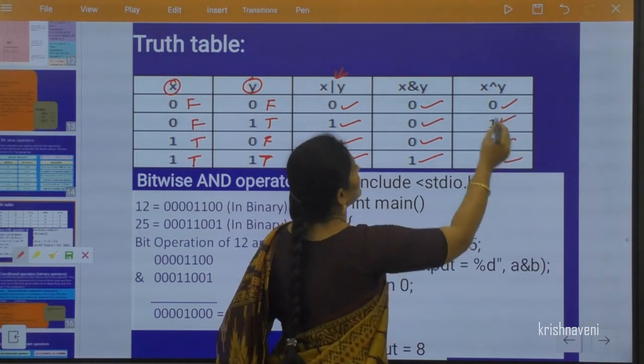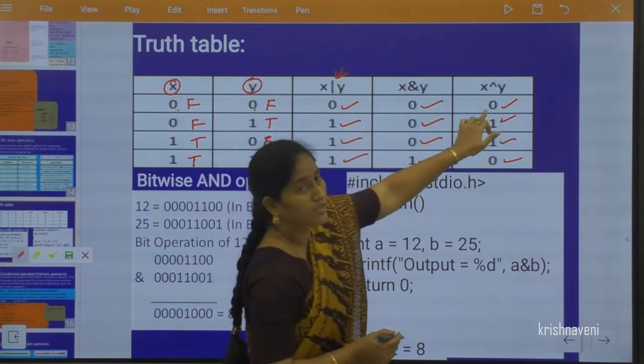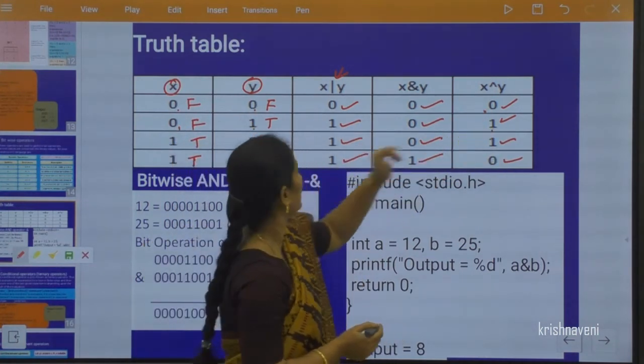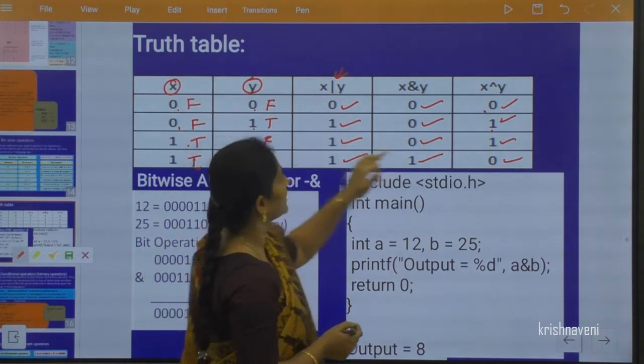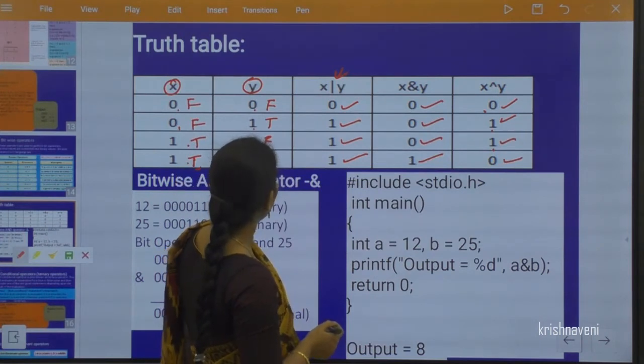So if you see XOR, 0, 0 gives 0. 0, 1 gives 1. And 1, 0 gives 1. And 1, 1 gives 0.